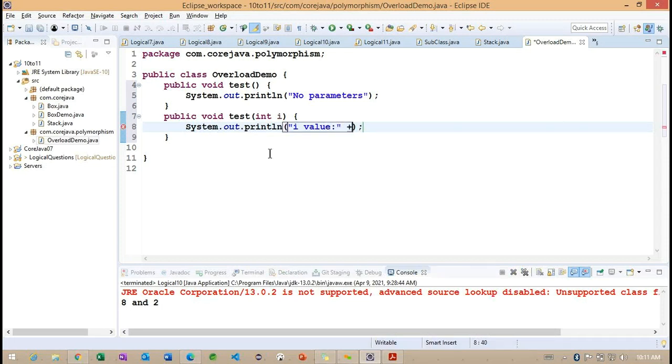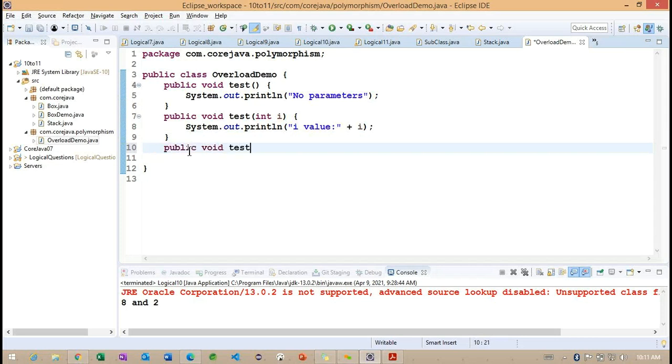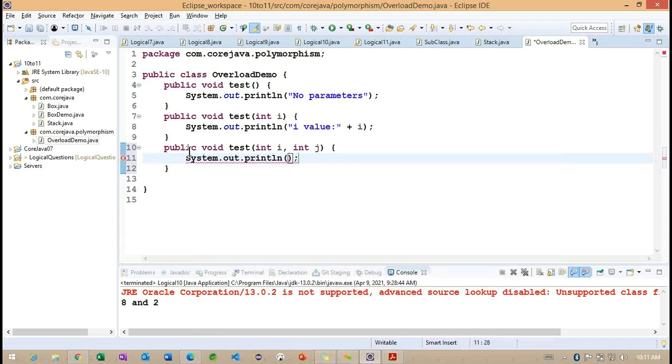So we identified one parameter here. In the same way, we are going to work with another: public void test(int i, int j). Now you can see this method is expecting two parameters. This section is very important.